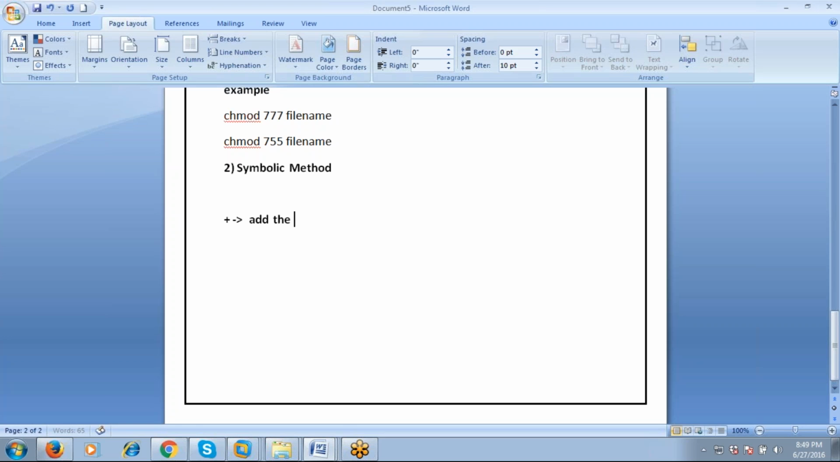Plus means adding the permissions, and minus means removing the permissions. And plus-minus means adding and removing the permissions. Then R means read, W means write, and X means execute. Then the groups: user or owner